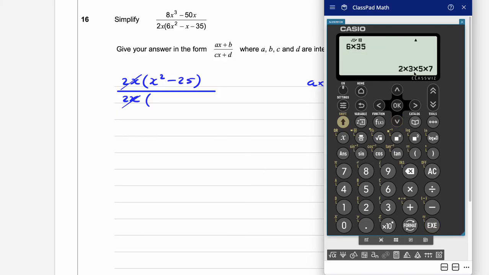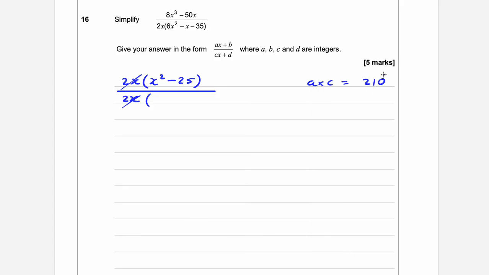So it's 2 times 3 times 5 times 7. So I can figure out from here, 3 times 5 is 15 and 2 times 7 is 14. So that means 14 and 15, that's perfect. So I'm going to do 14 and negative 15. Then I go 6x squared plus 14x minus 15x minus 35. Factorize these two. This is 2x, and I get 3x plus 7. And I'm going to have minus 5 into 3x plus 7. So my factors are 2x minus 5